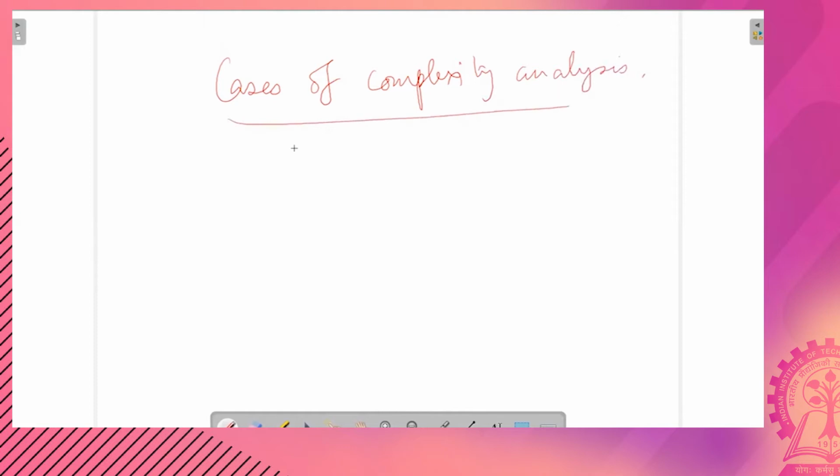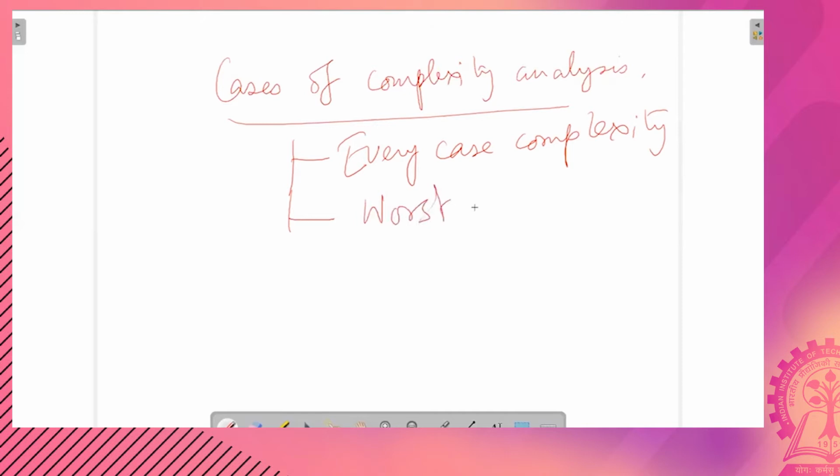okay, are as follows. The first one is the every case complexity. Second, worst case complexity.